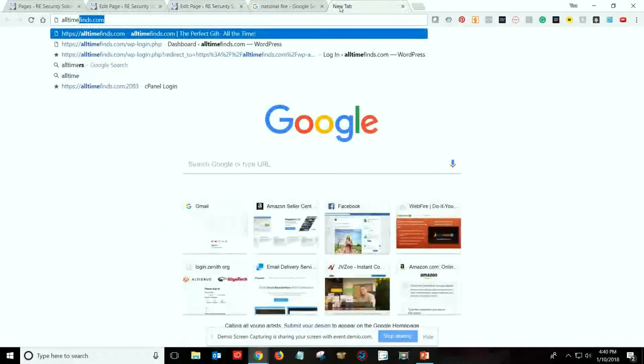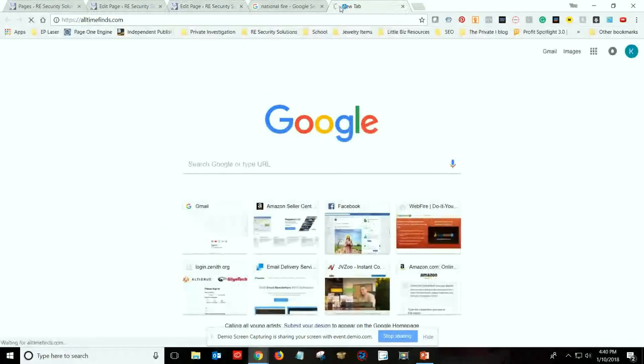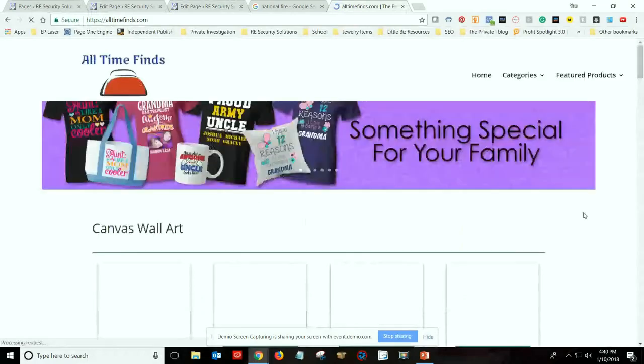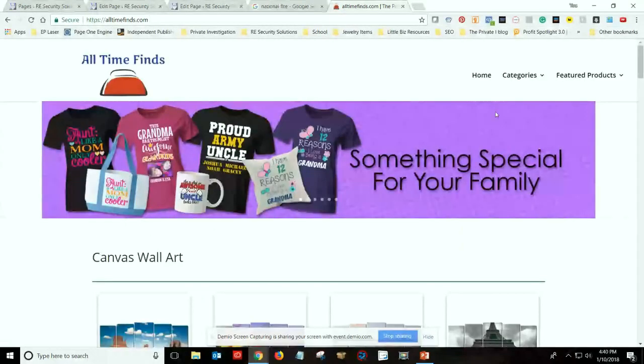So in that case, I'll show that real quick, and I'll go into more detail on this on Monday specifically to our site. But if they land on this page, I don't know, they have to be searching for all-time finds because